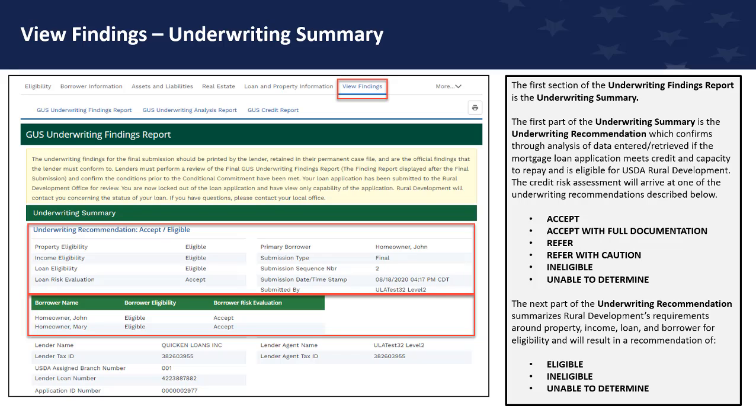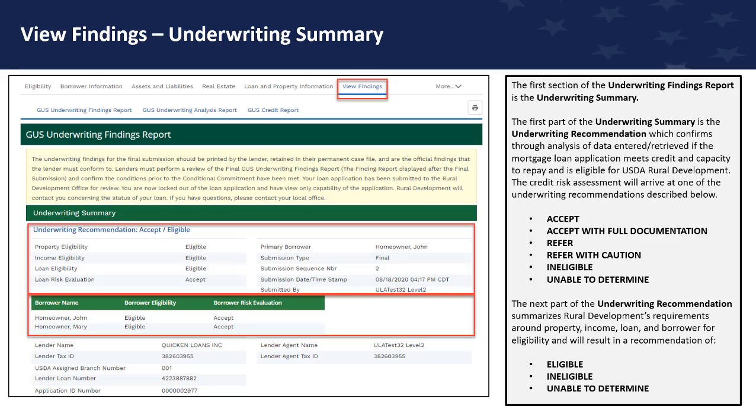Refer with caution. Loans that receive a recommendation of refer with caution require a manual underwrite. These files indicate a combination of risk factors, for example, total debt ratio, credit history, etc., are present. A recommendation of refer with caution requires a manual underwrite of the origination file prior to submitting a full documentation